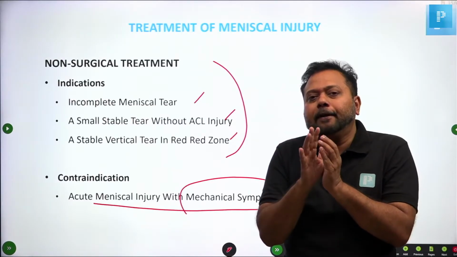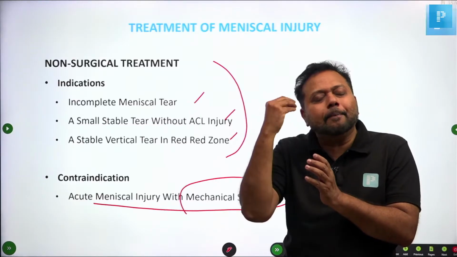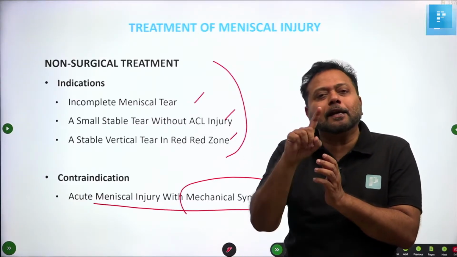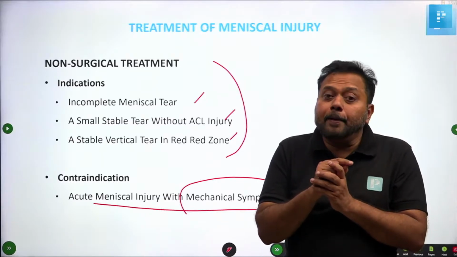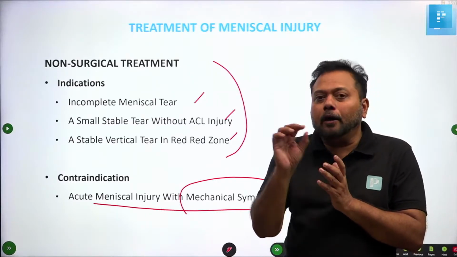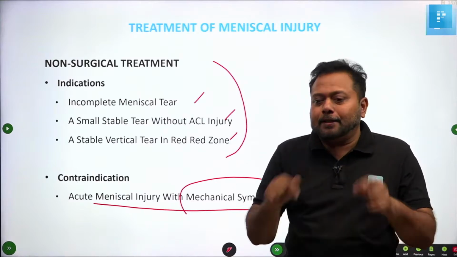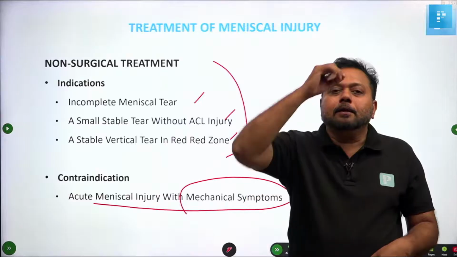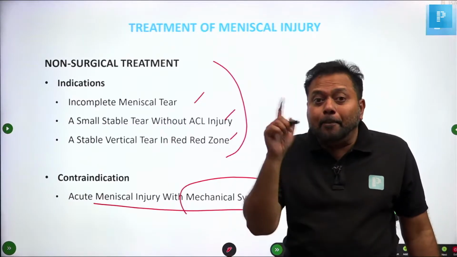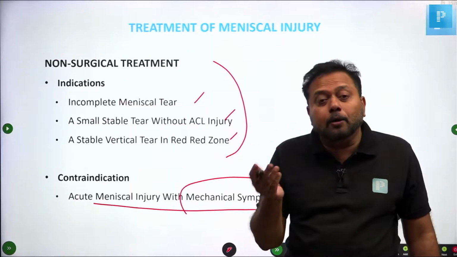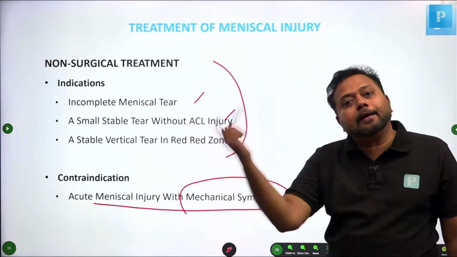That's called popping. Third thing, when I am slowly flexing or extending, I am perceiving a sound inside the knee joint. That is called clicking. So clicking happens during movement. Popping happens during standstill. Locking is sudden sticking. These 3 symptoms are called mechanical symptoms. When somebody complains of mechanical symptoms, menisci is damaged. So, when patient complains of any one of the mechanical symptoms, it is an indication directly for surgery. You should not try conservative method.